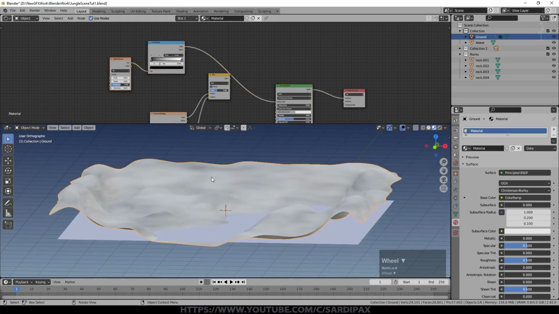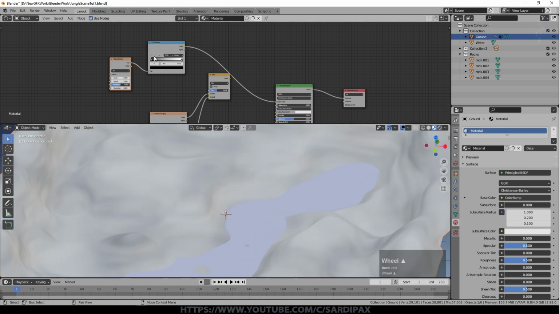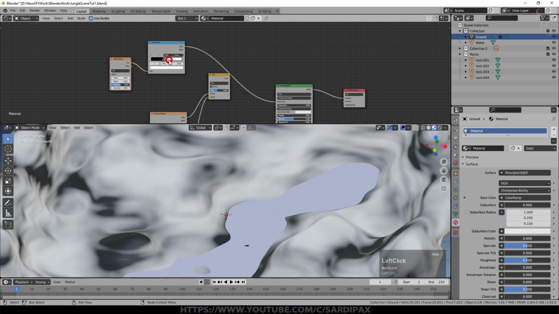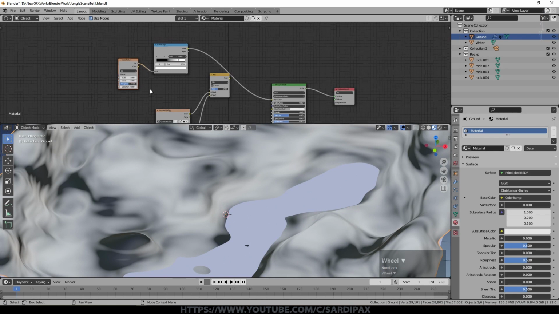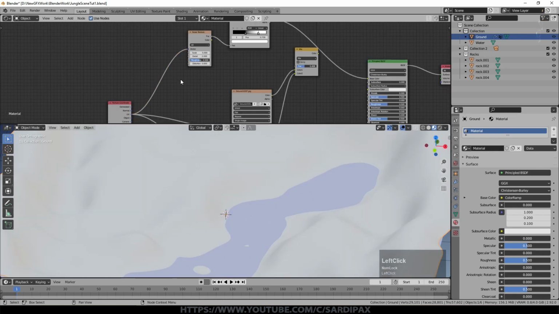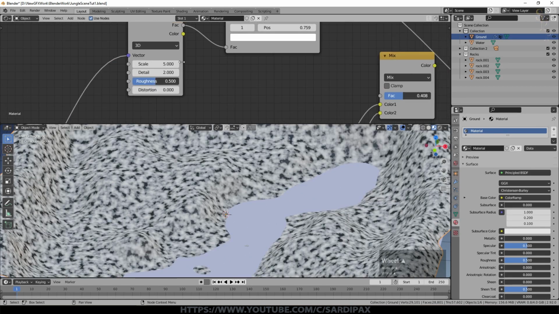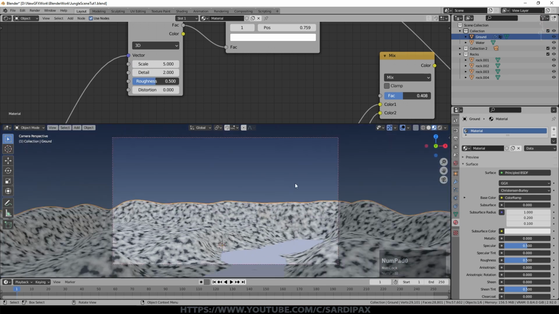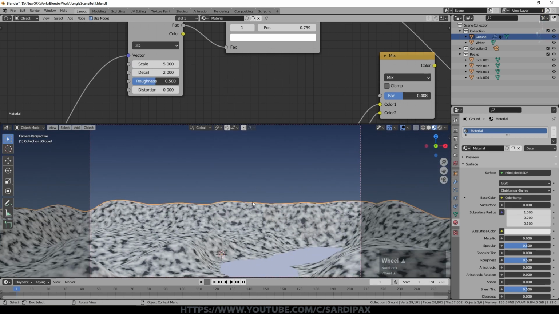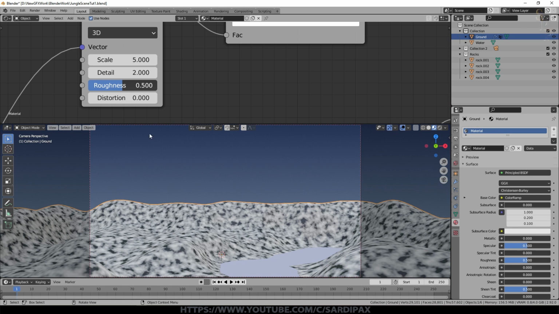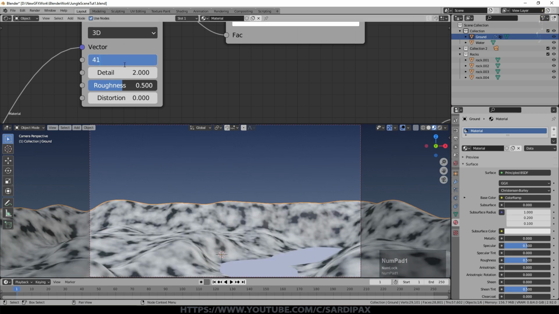So if we zoom out, you can see there's a sort of faint variation there. But if I narrow this color ramp in, you can see that changes a bit. I can plug in my UV unwrapping and then play around with the scale. If we look through the camera, which I haven't set up yet, but at least it gives you a general idea. The individual patches may be a bit small, so let's go down to 2, maybe even 1.